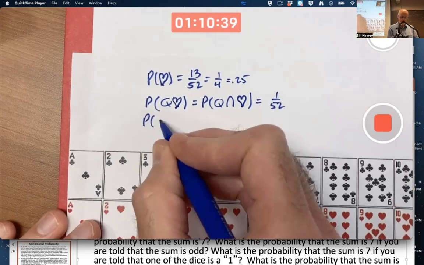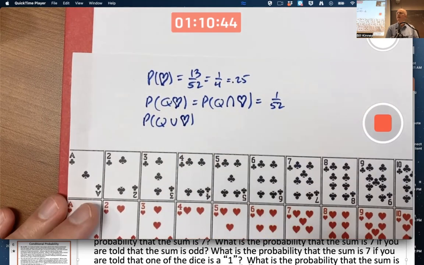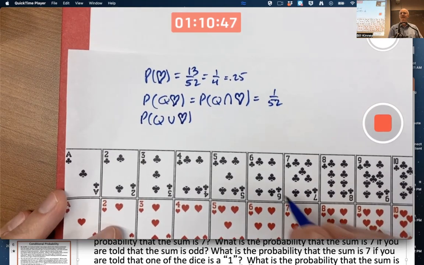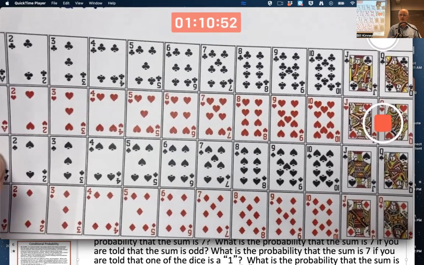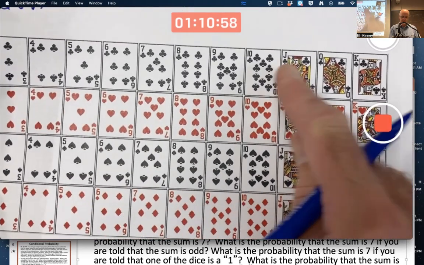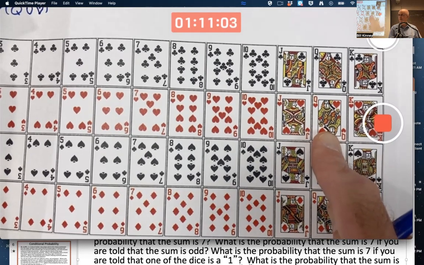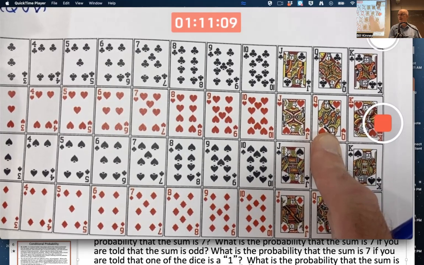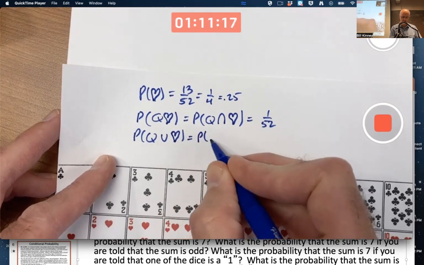What's the probability that it's a queen or a heart? There we pretty much have to write a union symbol. Well, you could count up how many queens and how many hearts there are. There are the hearts, 13 across there. There are the queens right there. Oh, we'd be double counting the Queen of Hearts, though. So it's not 13 plus 4, it's 13 plus 4 minus 1. 16 out of 52. Or if you prefer, effectively the same thing is to use the general addition rule